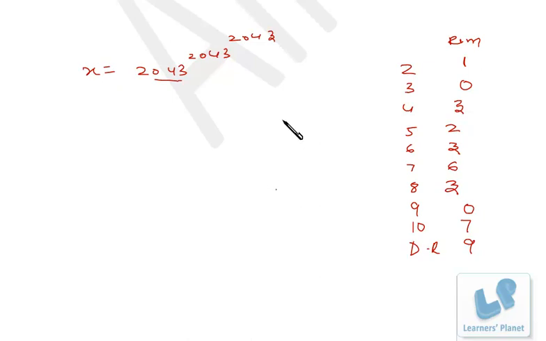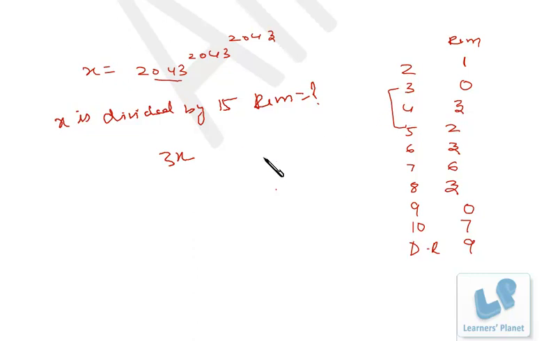Now friends, let's see how we find the remainders in particular cases. Suppose I talk about this expression being divided by 15. Now 15 is factorized as 3 and 5, right? When divided by 3, the remainder is 0, that we know. When divided by 5, the remainder is 2, that we know, right? So suppose x is divided by 15, then what is the remainder? Just listen to me very carefully. This number is actually in the 3x format and in the 5y plus 2 format, right?